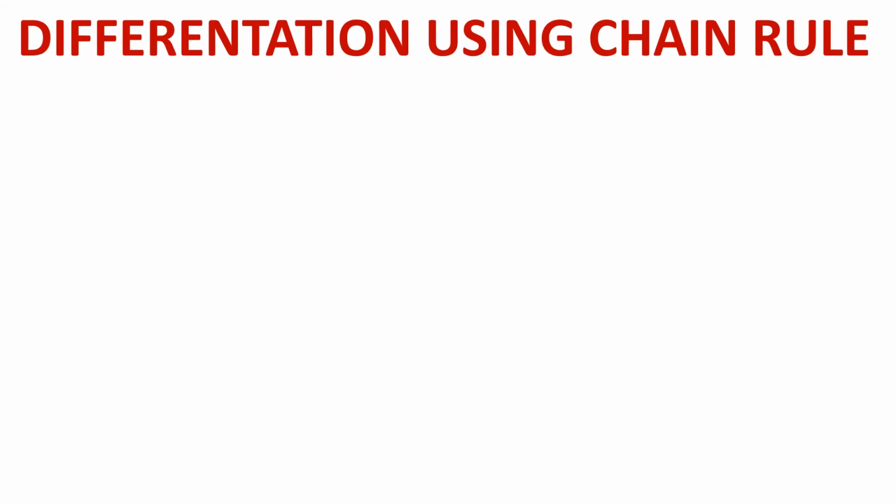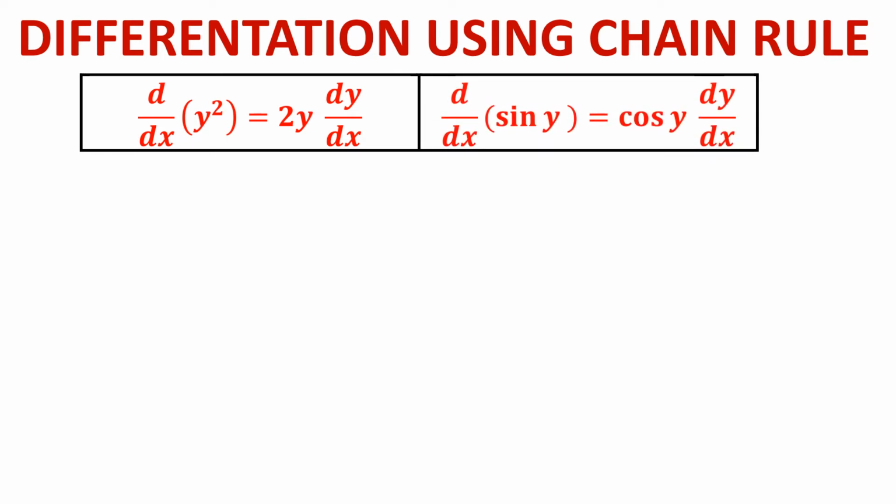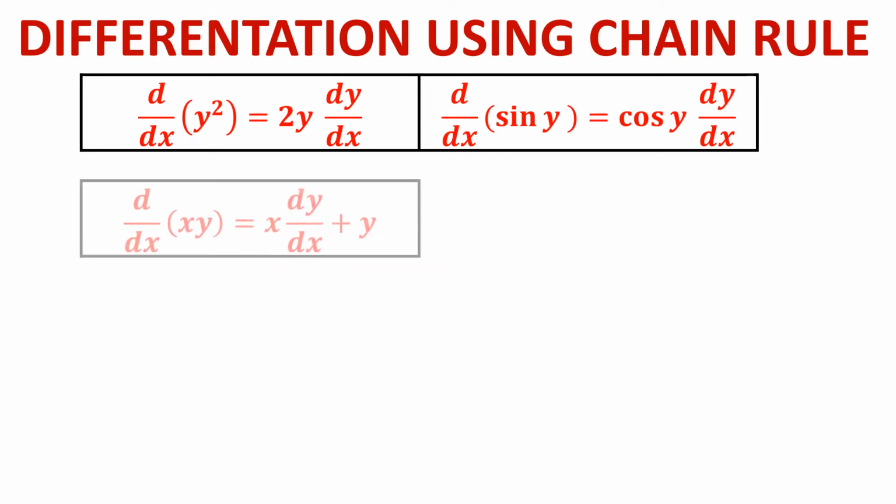Now, before we start, let us try to learn, because we are going to differentiate y also here. Previously, we had only y. Therefore, we simply called it dy by dx. Suppose you have y square. Remember, it is 2y into dy by dx. If it is x square, it is 2x. If it is y square, it is 2y into dy by dx. This you have to remember. What will you do for sin x? It will be only cos x, but sin y will be cos y into dy by dx. Actually, we are using the chain rule, as already you have seen in the previous chapter.